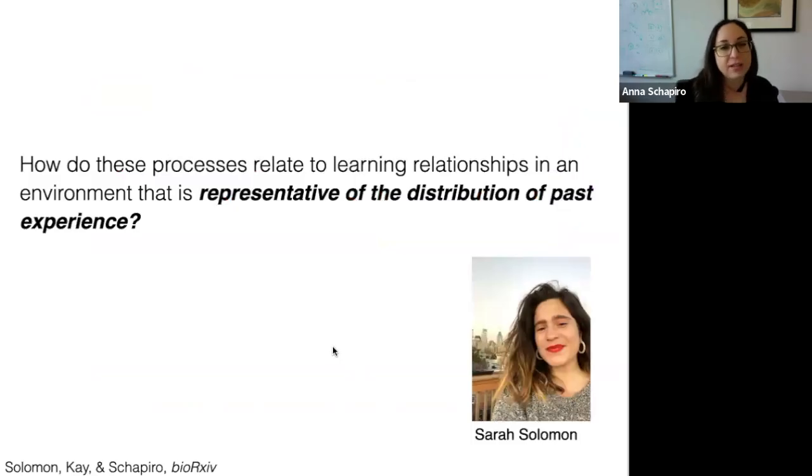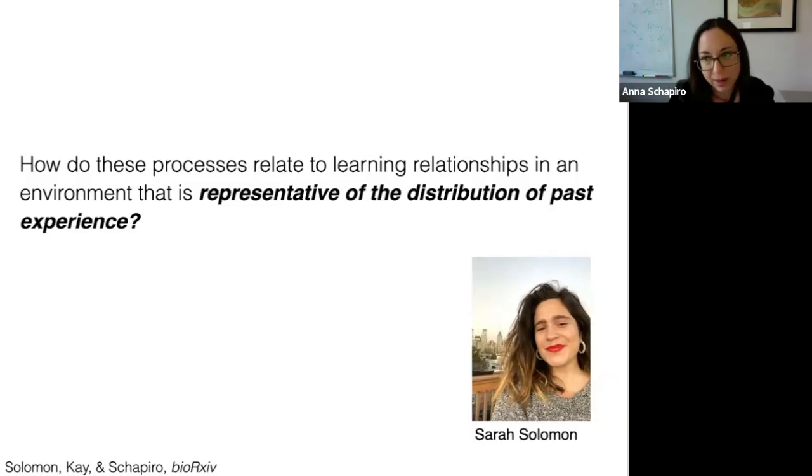And we wanted to ask how these processes that we've been studying relate to learning relationships in an environment that is representative of the distribution of your past experience. And so we're still interested in the role of the hippocampus and region CA1 in that kind of learning. But when you're doing this kind of small updates to prior knowledge,